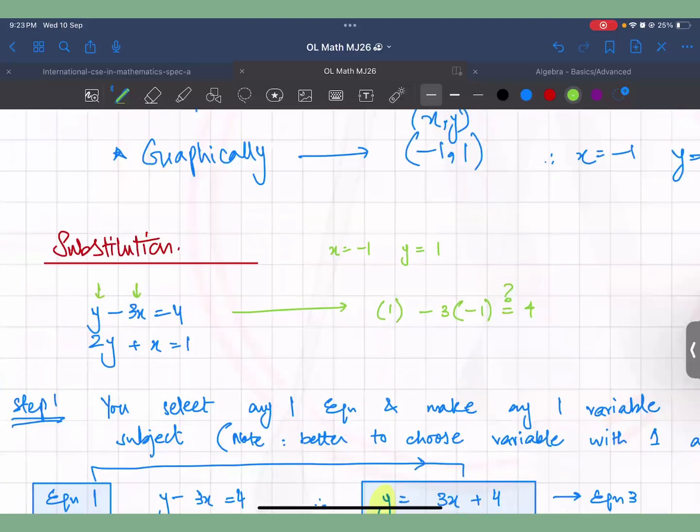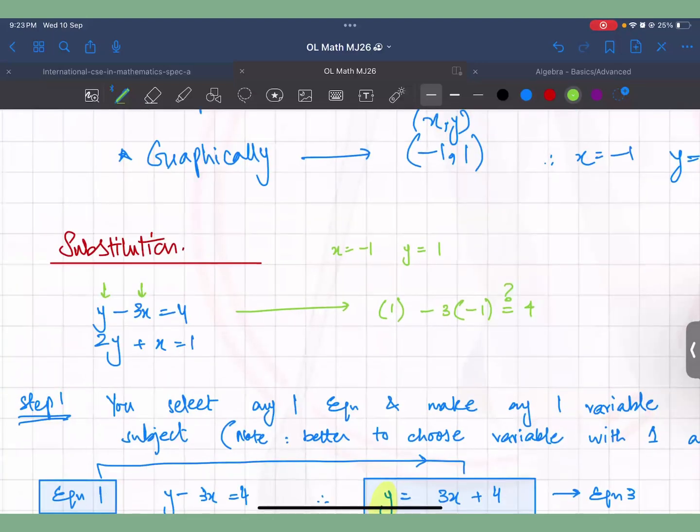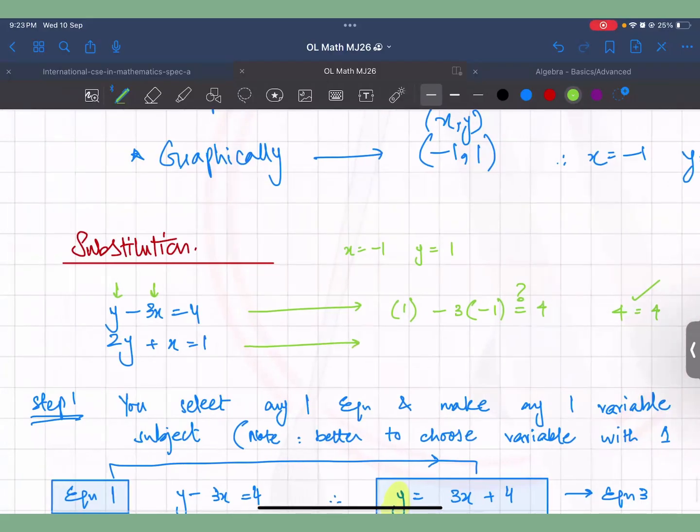If you solve it, 1 minus 3... 4 is equal to 4, है ना? Look, this is satisfying. So the solution works for the other equation as well. ये कौन सा method? ये कौन सा formula है? ये method नहीं है. I'm just telling you how to confirm your answer. Solve this again. ठीक है. 2 minus 1 would be again 1, है ना?